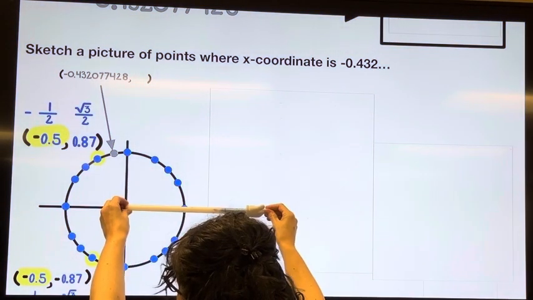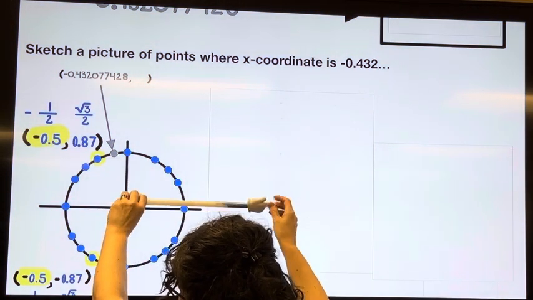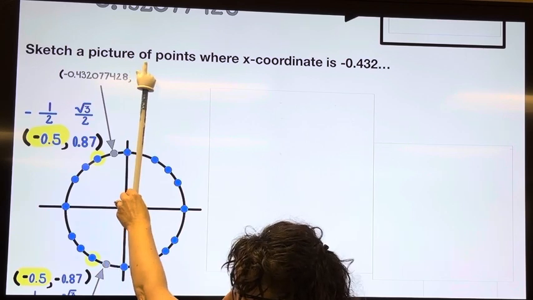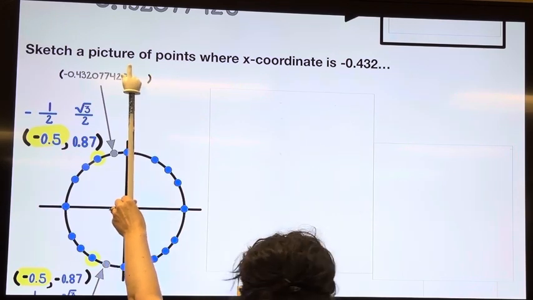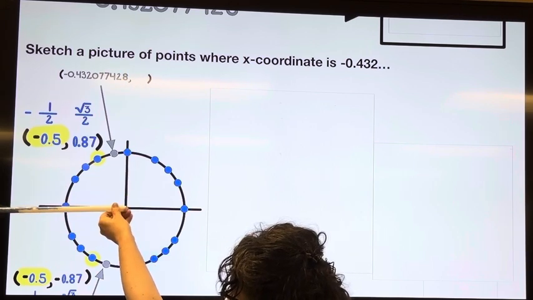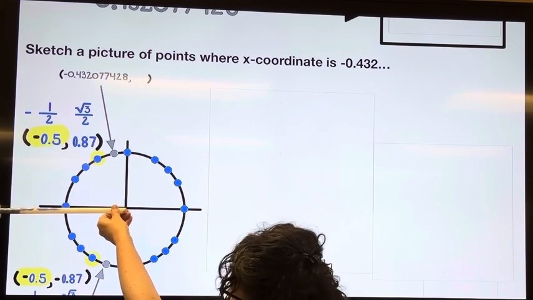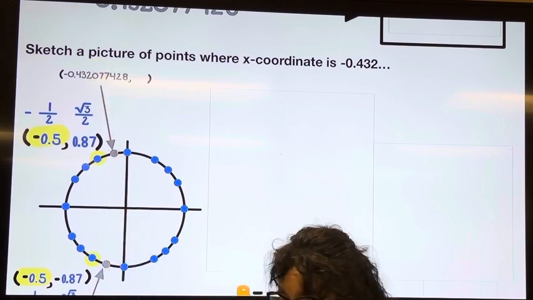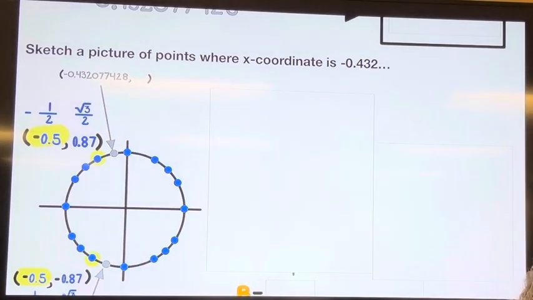This is 0, angle measure 0. This is pi divided by 2, that's 1.57. And we want 2 point something. This right here is pi, so that's an angle of 3.14. So what just happened, what that told us,